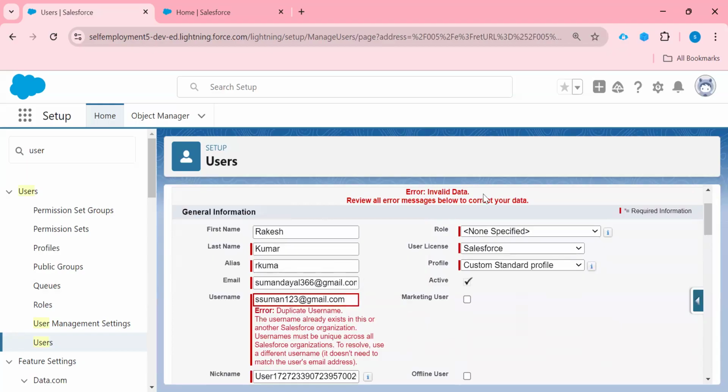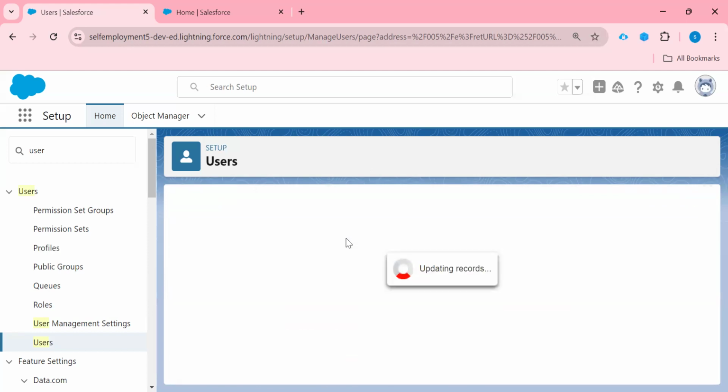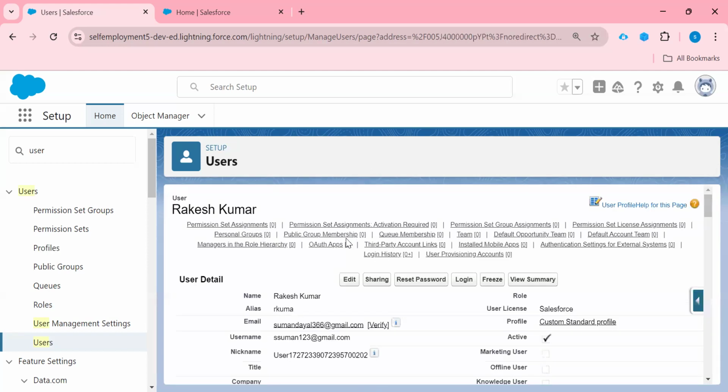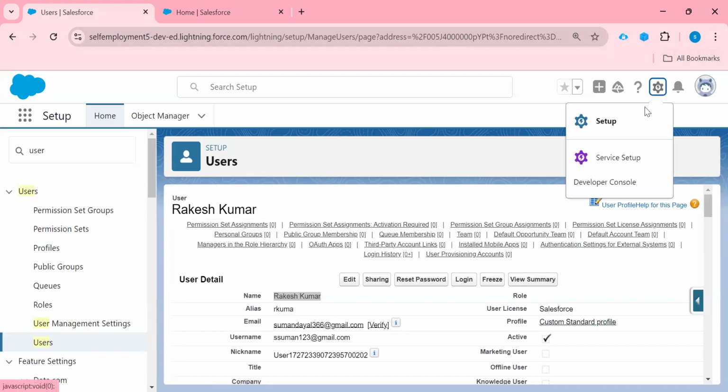Okay, so let me check. We have created our user as Rakesh Kumar, and we have assigned this custom standard profile which we have created right now. So how can we check? We need to log in with this user to see the changes we have made at the profile level. So come to our setup,